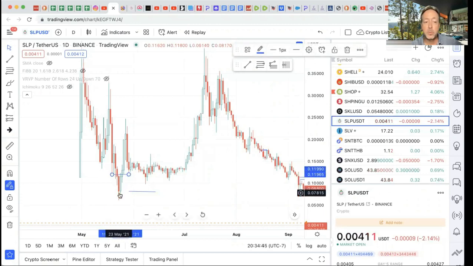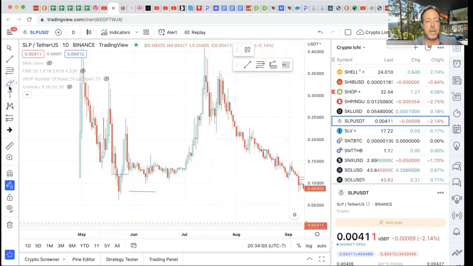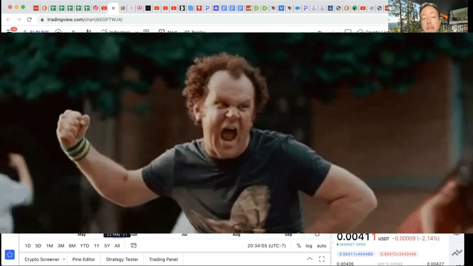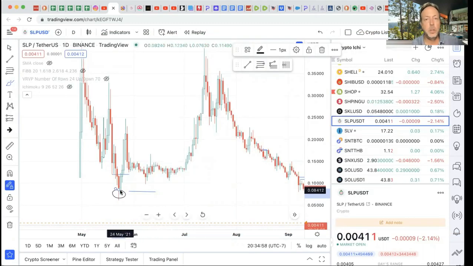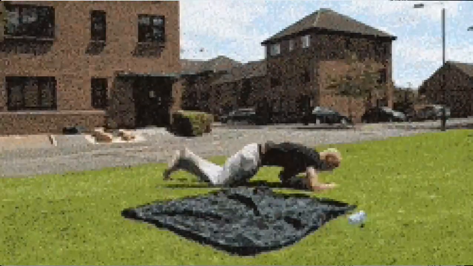And then what did it do? It swung back up and touched it. Okay. So that lets you know that you guys can come in and buy dips. That's how I trade. Now, the thing about it is that once it breaks this base, you don't know when it's going to go back up. But if I show you that it comes back up more often than not, then you should be able to feel pretty secure that it's just a matter of a waiting game. I just sit back and I relax.